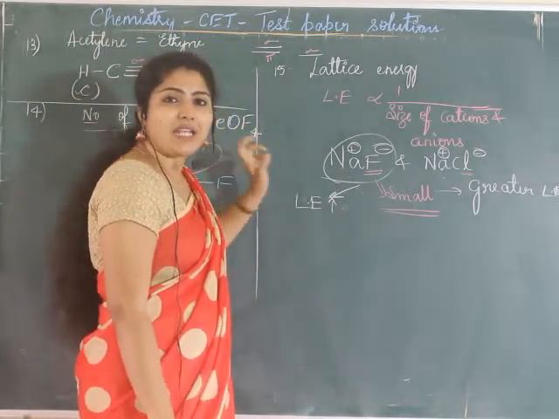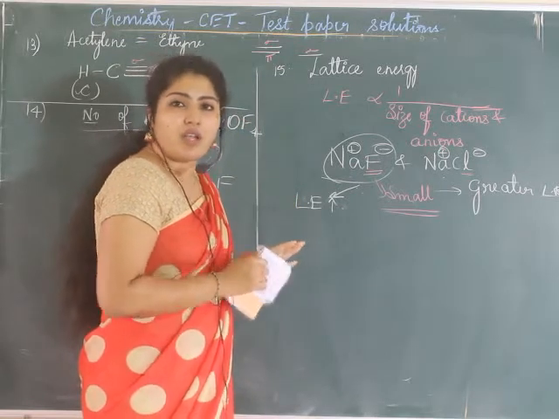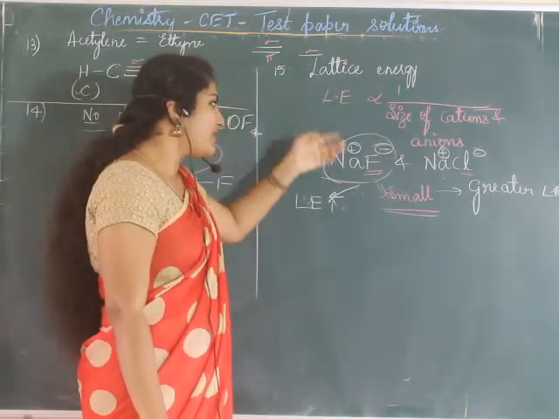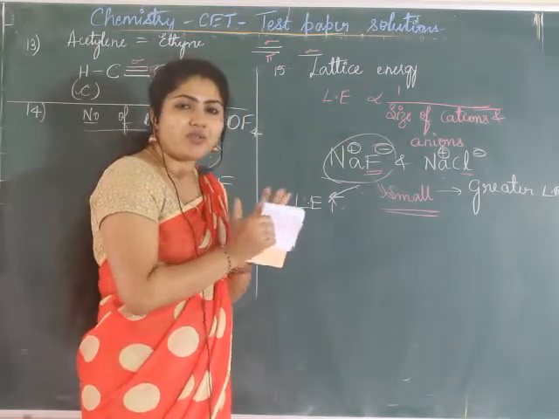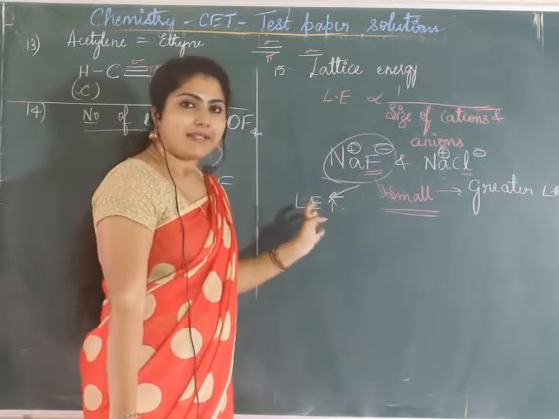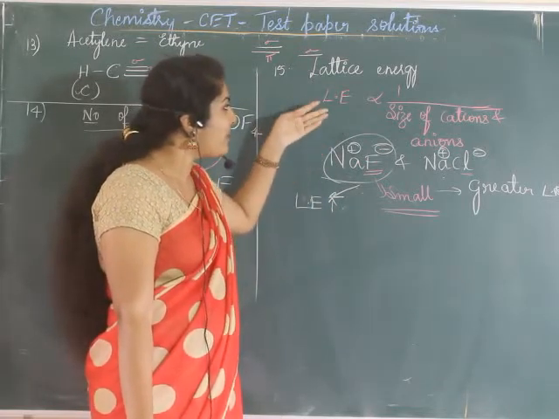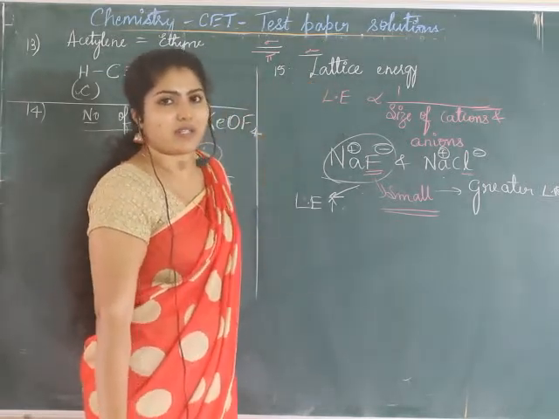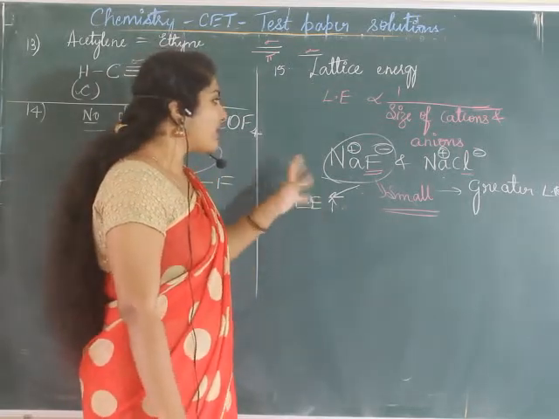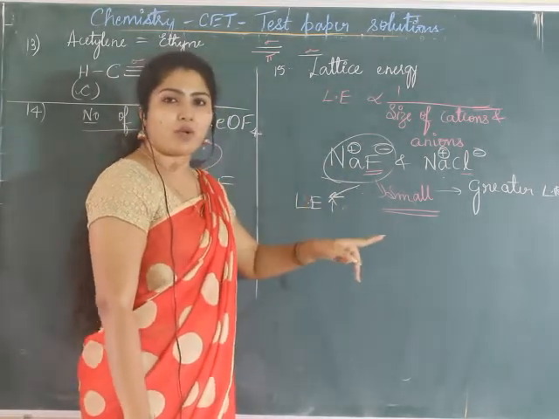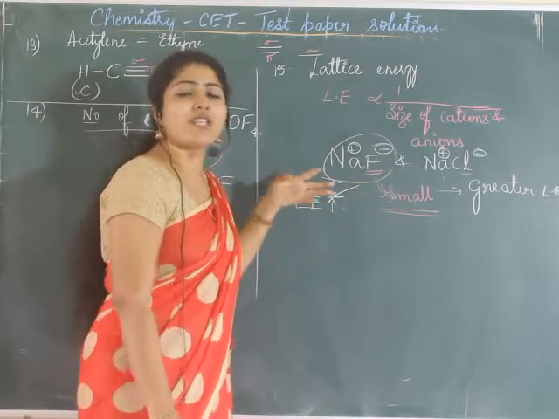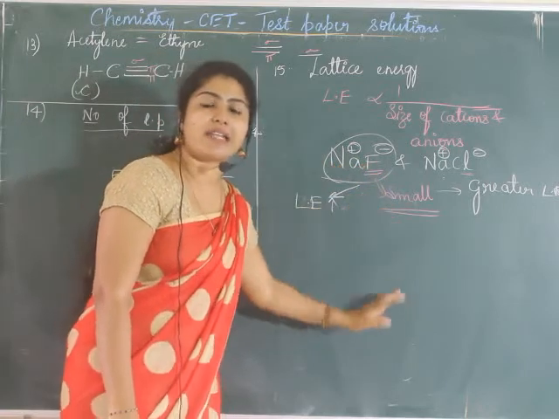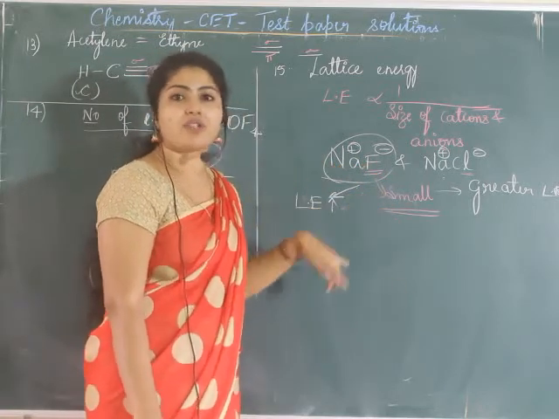What is lattice energy? Lattice energy is energy liberated when 1 mole of compound is separated, isn't it? You can imagine this way. This has a smaller size. It's difficult to separate it. If you remember this particular relation, then it is easy for you to remember something related to lattice energy. If it was sodium chloride and potassium chloride, then you have to see among sodium and potassium which has larger size. Potassium has larger size, so potassium will show lesser lattice energy, whereas sodium chloride will show higher lattice energy, like that.